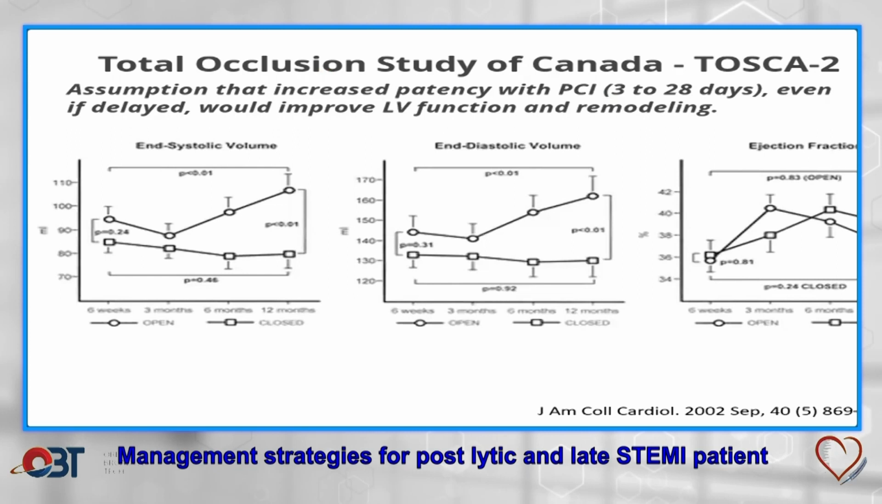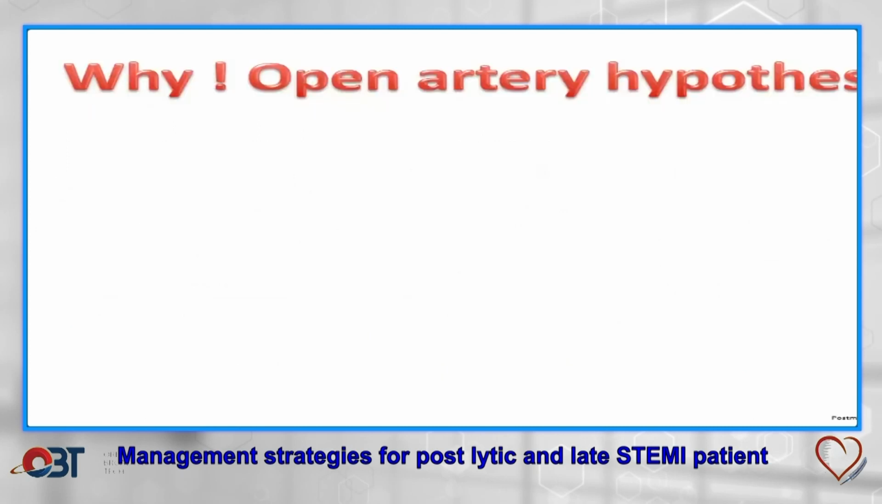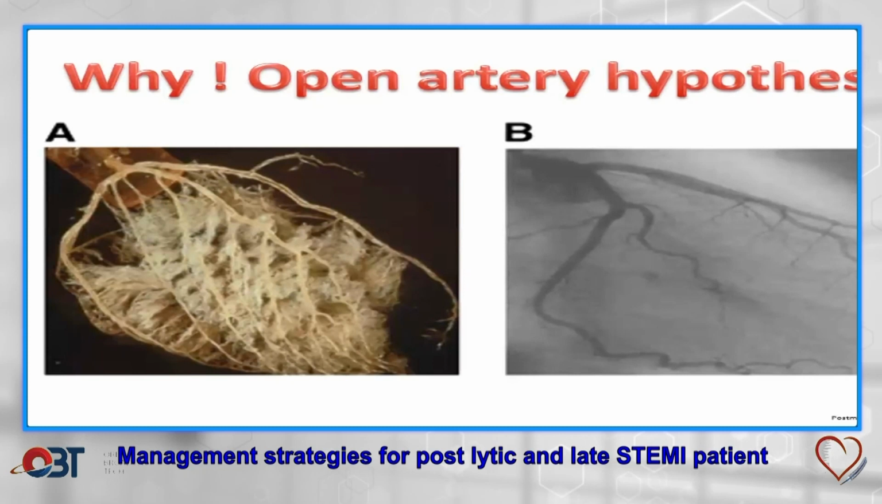So if you look at the TOSCA-2 trial, a very similar trial with the hope that ejection fraction will improve. Same thing, same LV dilatation, no improvement in ejection fraction. So the angiographic difference did not translate into a clinical difference. There was no difference in the composite of reinfarction or severe heart failure. So why is the open artery hypothesis not good enough? We used to think that if you open the infarct artery,